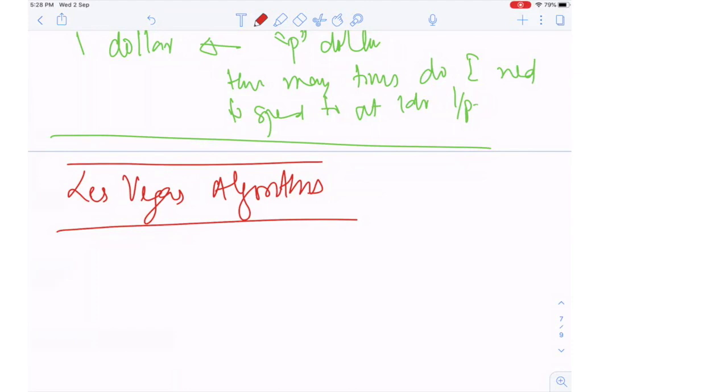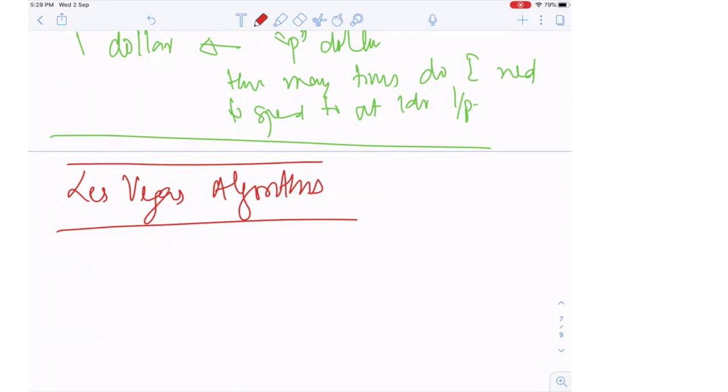And the moment the success happens, you stop. So all those randomized algorithms can be modeled by a geometric random variable, because every time it's an independent trial of the same algorithm, right? So we fail, and then we succeed. It is like getting heads for the first time while we are doing a sequence of m coin tosses.